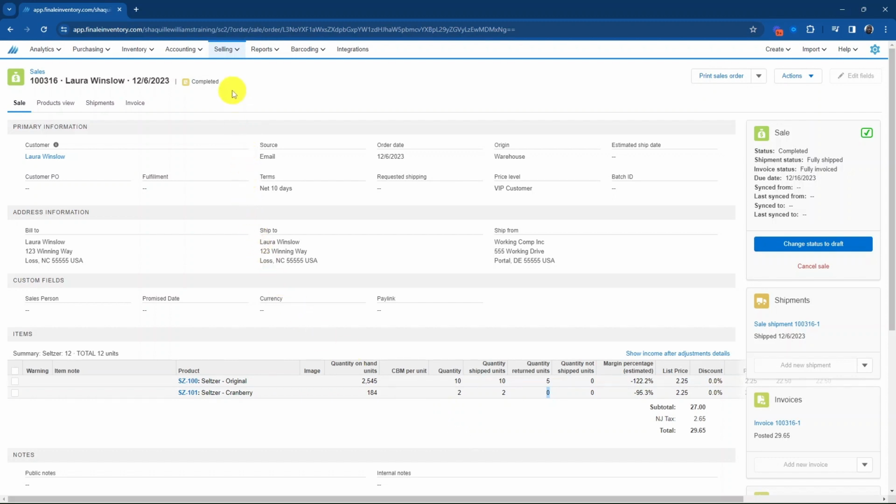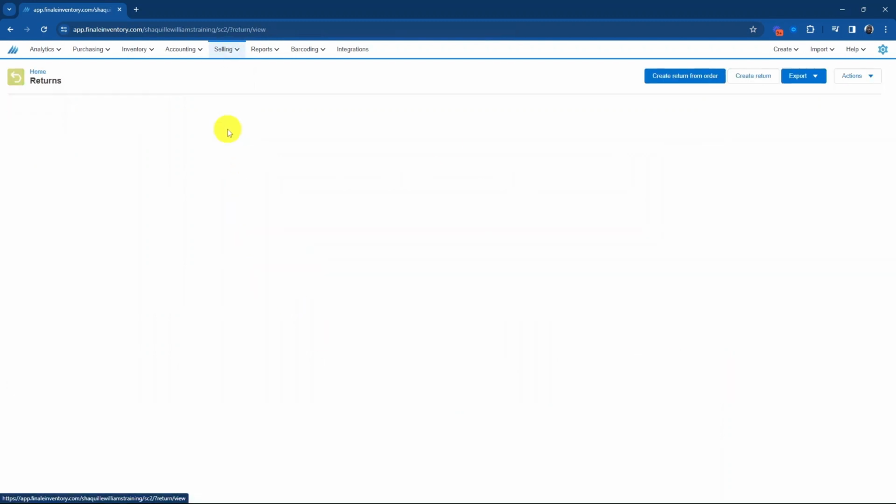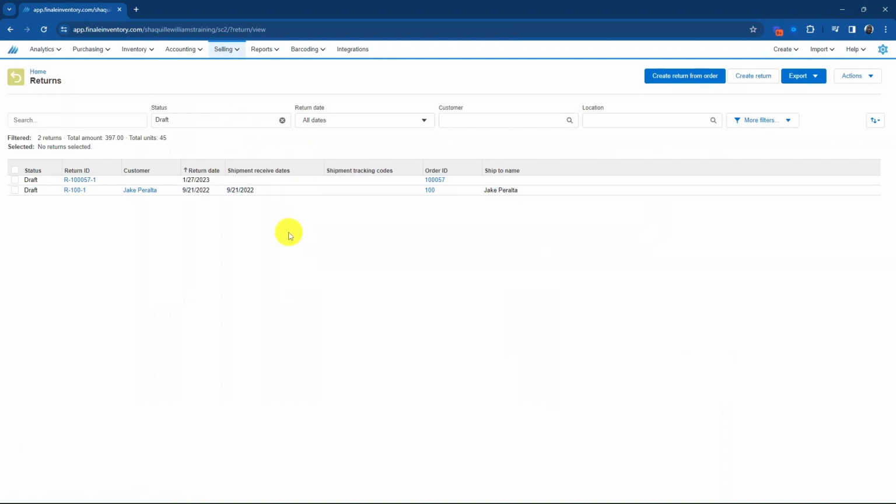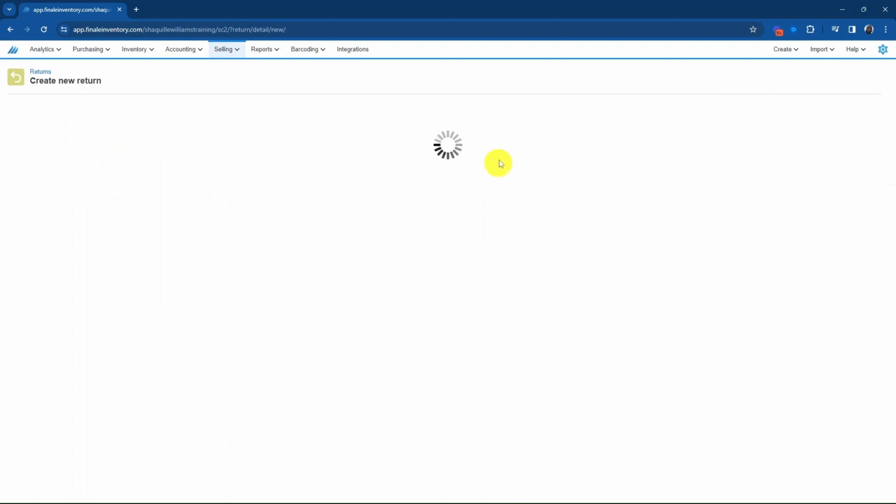You can also view all your returns within the system, and if you need to discover any additional information or report on that, Finale enables you to do so by recording all the information associated with the return. Now, there are some rare cases where you may not have an order for a return. It's unidentified. Finale does allow you to create a return without being associated with an order as well, where you can populate the units that you received from the